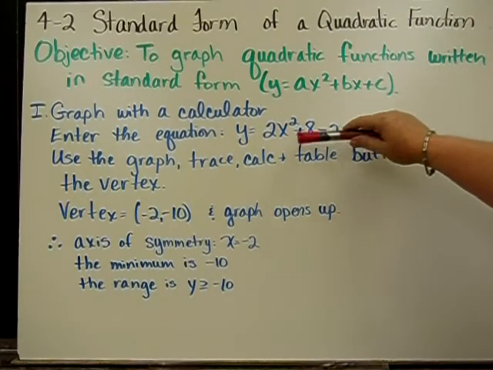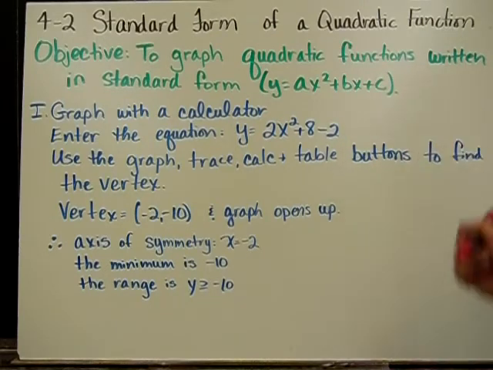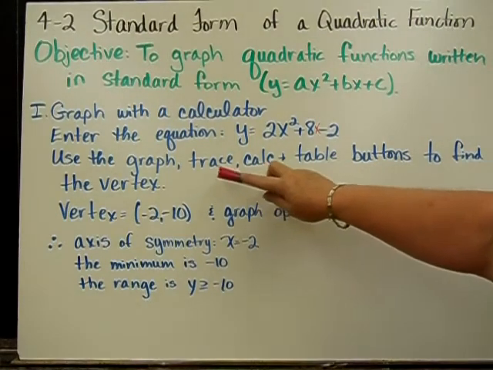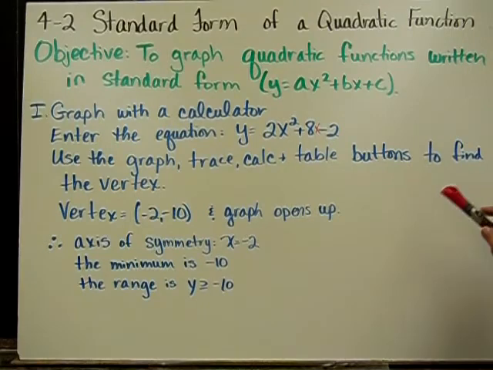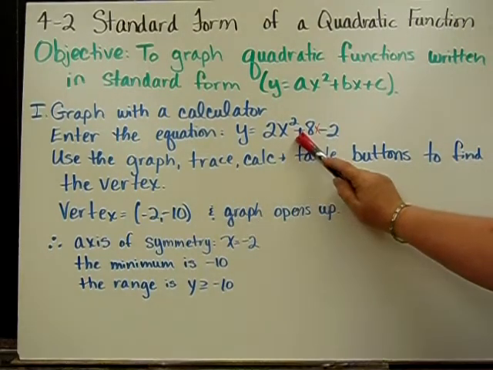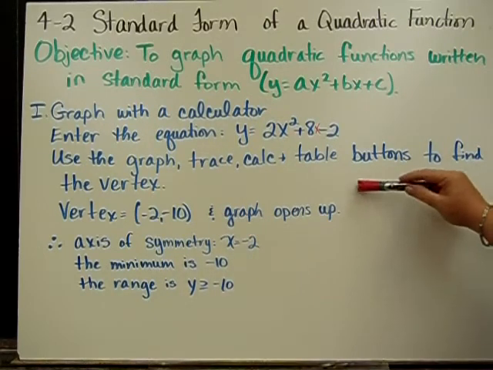So you would go to the y equals button and enter 2x squared plus 8x minus 2, and graph that function. And then use the graph, trace, calculate, and table buttons to find the vertex. And when you do that, you find that the vertex for this equation is (-2, -10), and that the graph